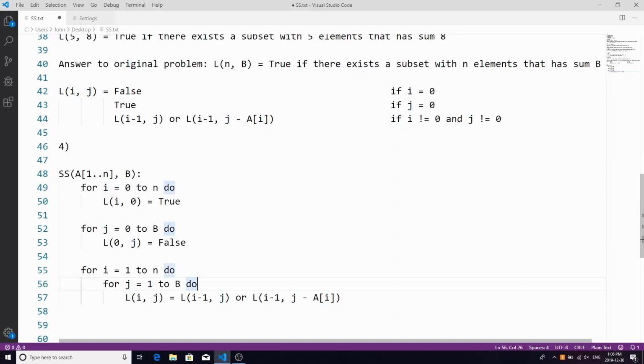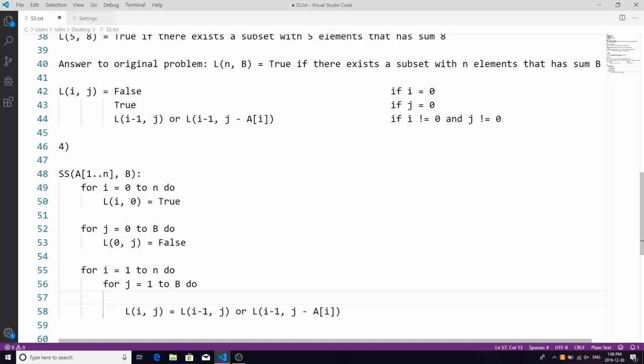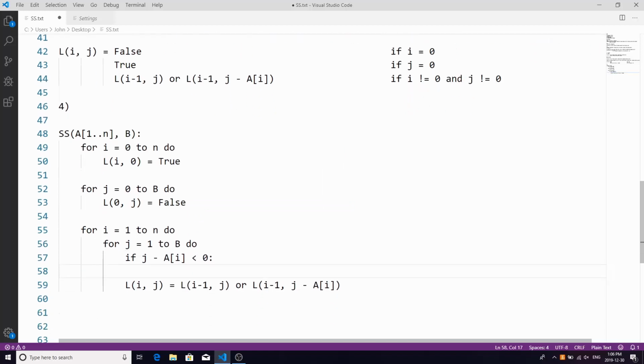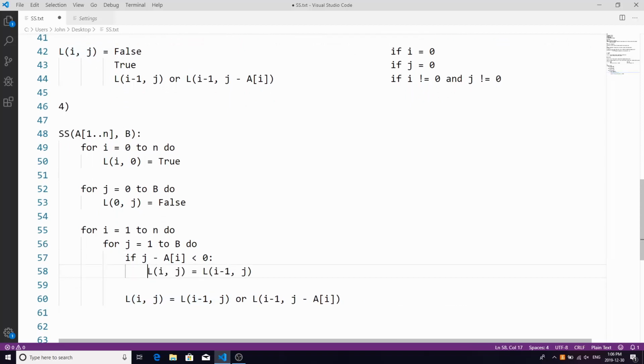Now you could make this a little bit better. What you can actually put here is the following: if j minus a at i is less than 0, then, well, what does this mean? Then L of i, j is just going to be equal to this. The reason for that is if the ith element, when we subtract it from our capacity or our sum,